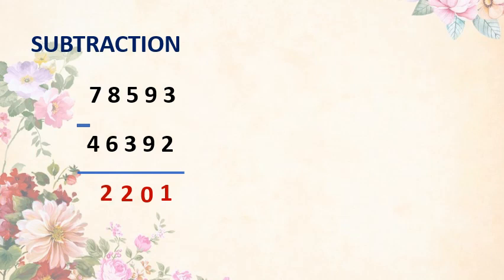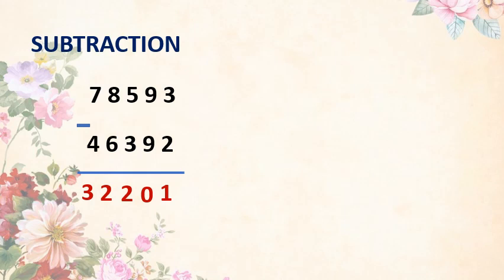And 7 minus 4 is equal to 3. Yes, students, we begin the subtractions and addition sums always from right side and slowly we move to the left